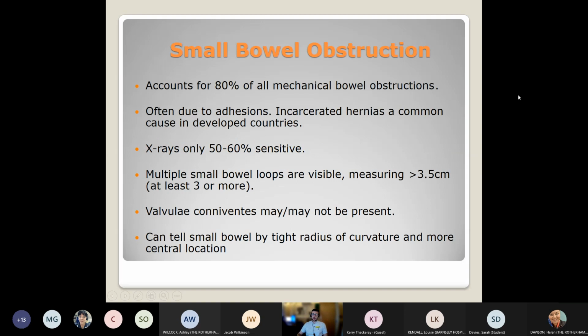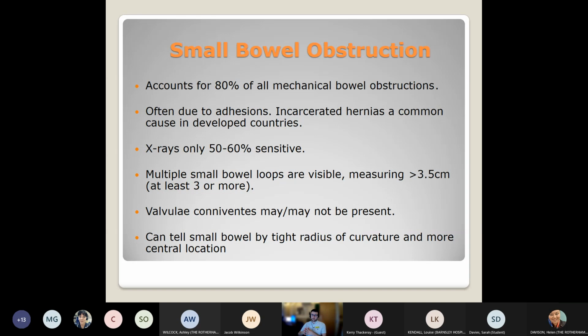And the first one would be small bowel obstruction. It's the most common cause of mechanical bowel obstructions, accounting for about 80%. The main cause, particularly in adults, is adhesions from surgery. Occasionally it can be secondary to malignancy, but more often than not it'll be as a result of surgery or an incarcerated hernia. So if you had an umbilical hernia or an inguinal hernia, you can actually get sections of small bowel that get trapped within that. Sometimes it can twist on itself, or sometimes it'll just get cut off at the orifice site of the hernia,